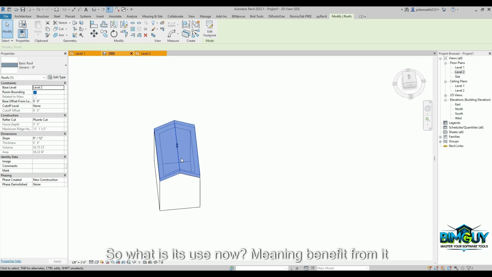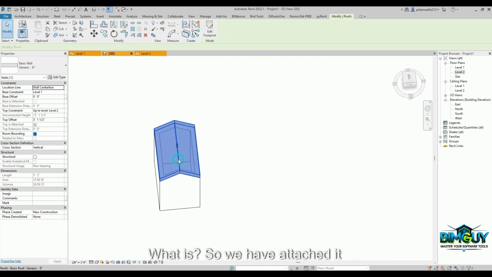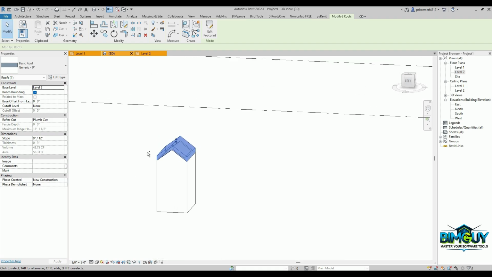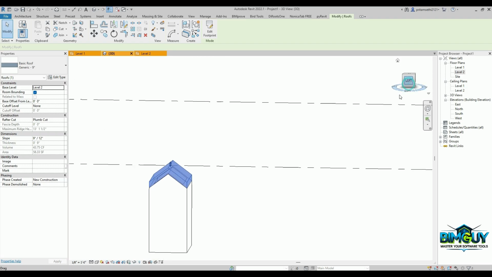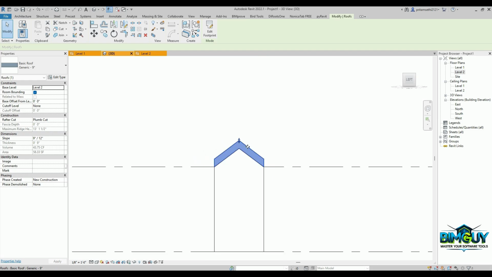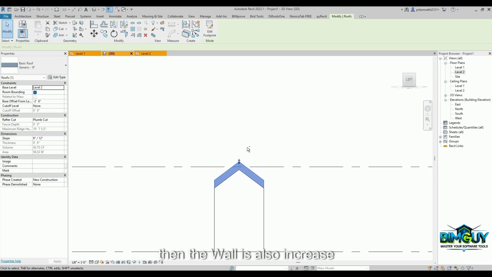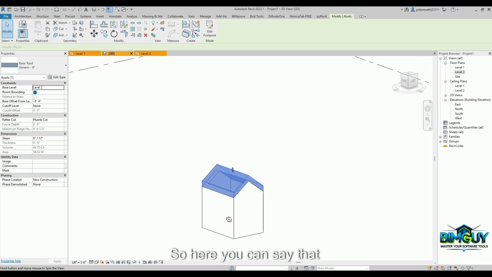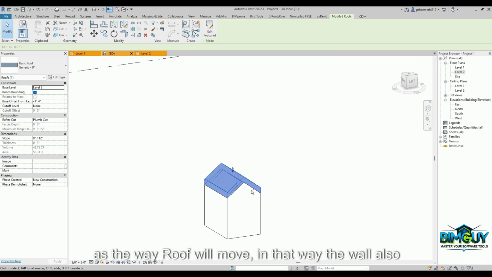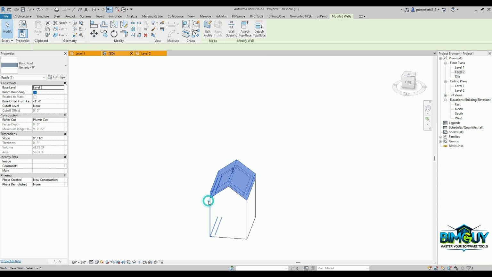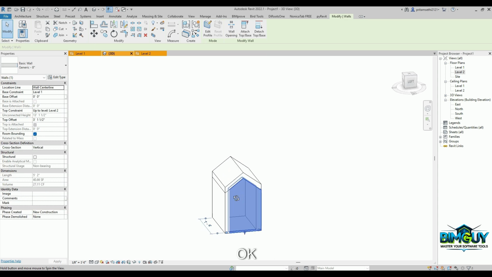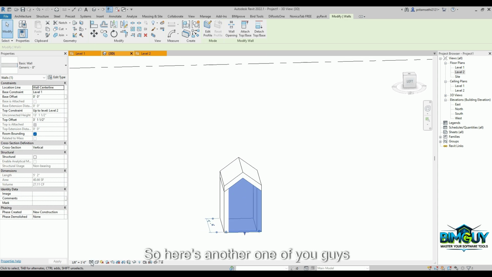सो अब इसका यूज क्या है, मतलब इससे फायदा क्या है? इसको हम अटैच तो कर दिए हैं, लेकिन इससे फायदा क्या है? सो लेट्स सी, if I move this roof a bit up, then the wall also increases parallelly. सो यहाँ पे ये बोल सकते हैं कि जिस तरीके से रूफ मूव करेगा उस तरीके से वॉल भी अब ट्रीट करेगा।